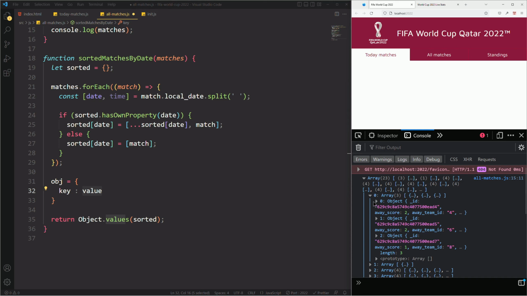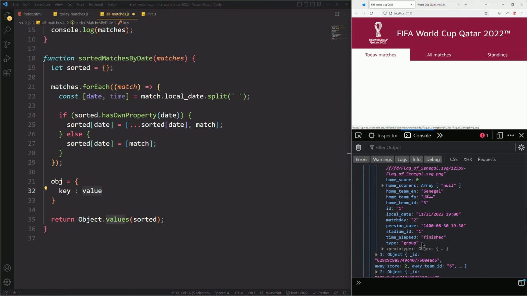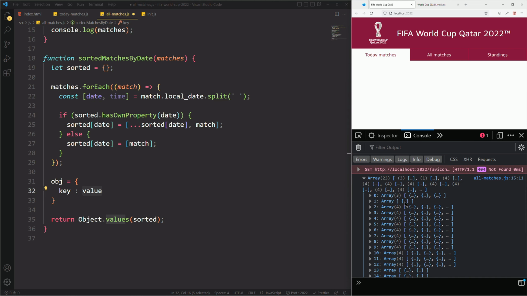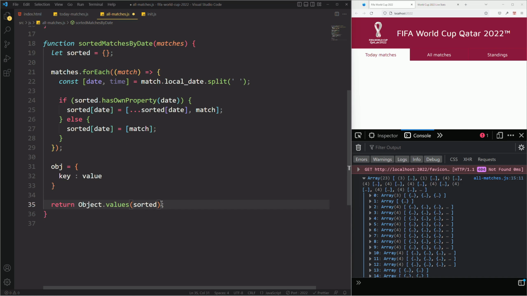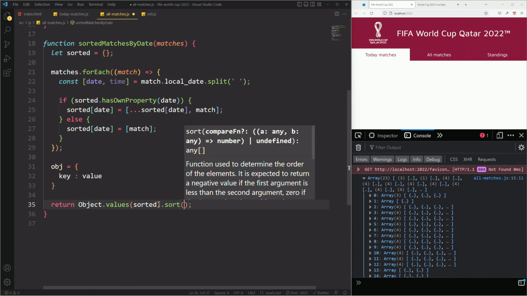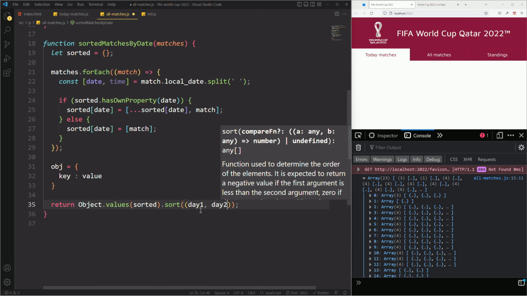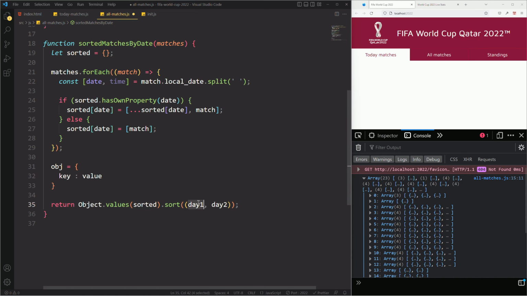So this is the matches that has all the same date here, and this is the second day, the third day, fourth day, etc. So Object.values will return an array. Now to sort this, I'm going to use sort, and then I'm going to use day 1 and day 2. So I'm just going to call this day 1, day 2. This is an array, this is also an array, and I'm going to return this